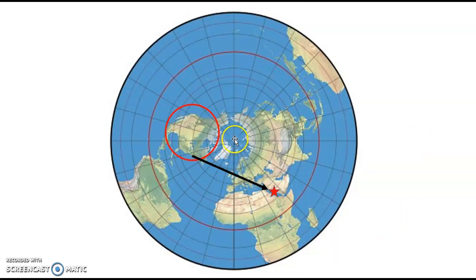Well, if this is north, going downwards, you can see very quickly, even if you follow these concentric rings, which are the lines of, I believe, latitude, the direction that you face, according to the flat Earth model, in North America is northeast. All right, so even if you subscribe to the belief that the Earth is flat, the direction that you face in North America to face Mecca is northeast. And I can take this line, keep the tip in Mecca, and I can move this around. Mexico, northeast.